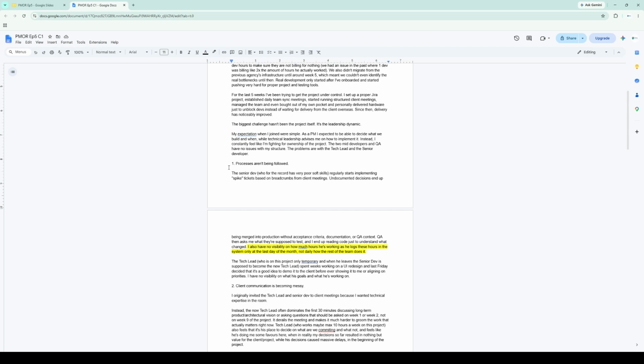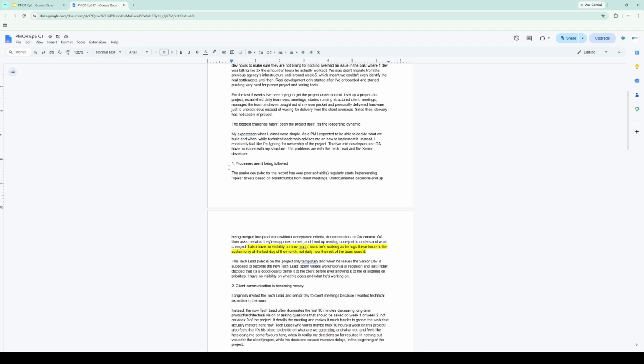This is one where they describe that the senior dev kind of grabs these concepts, creates spike tickets, which are just tickets that are kind of offshoots from the sprint. And they eventually get these issues merged into production. Then there's confusion where the QA doesn't know what to test, and so on and so forth.